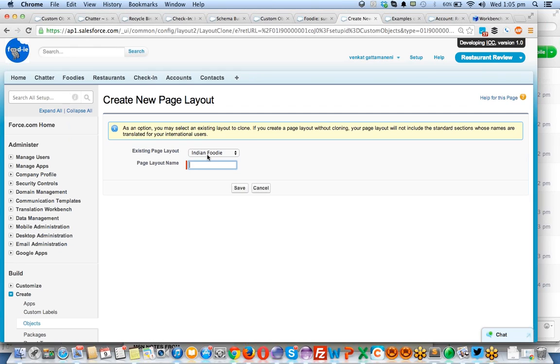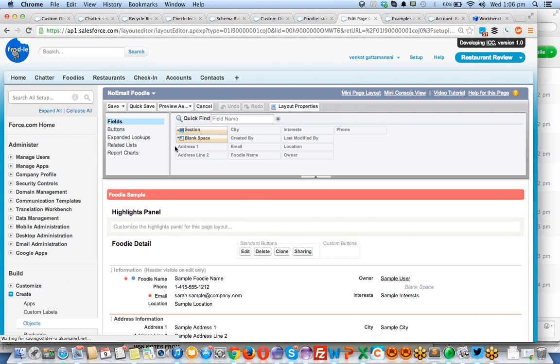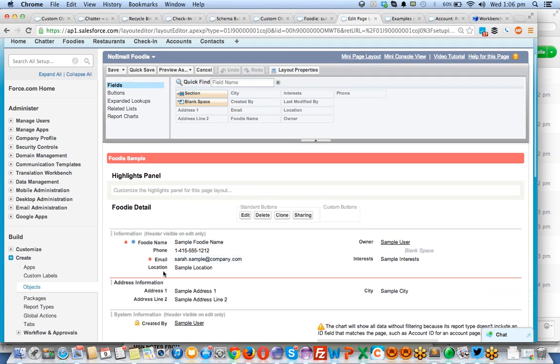Now I am selecting Indian foodie, which is the same dedicated page. Else I don't want to give the name of any country, so I will put no email foodie, for the people with no email addresses. Click on save. Now this is the new layout for no email guys, people who don't have an email address.